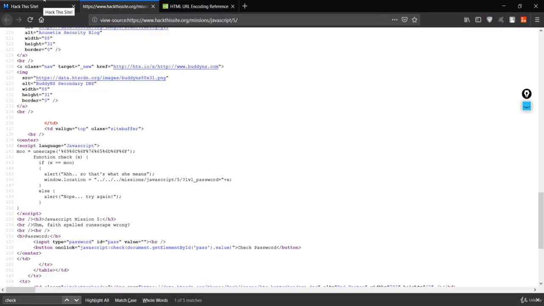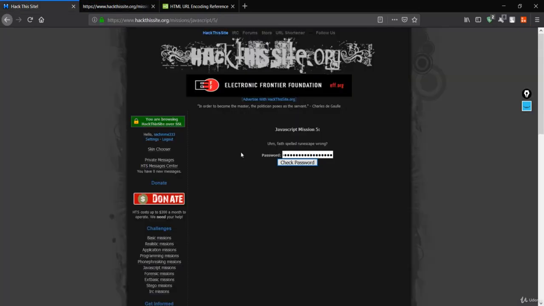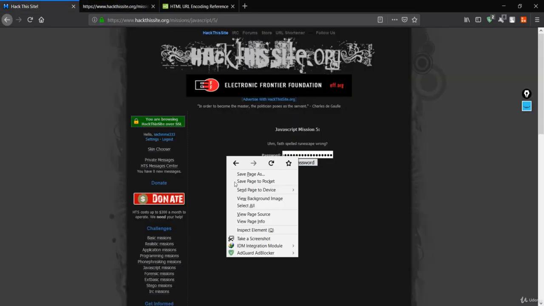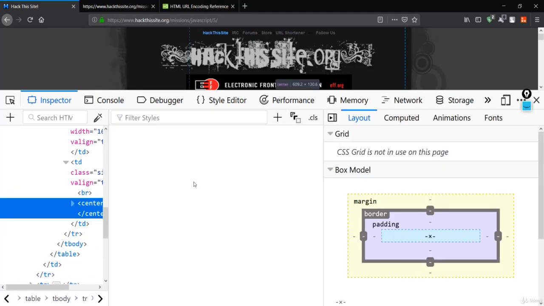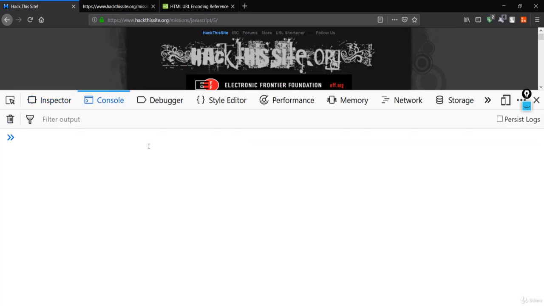So let's go over here, and what we want to check is the value of the mo. If you just get the value of the mo, you will get all of the characters. So let's go over here and run the console in this page. I'll just go to inspect element, run the console, and I just want the mo.